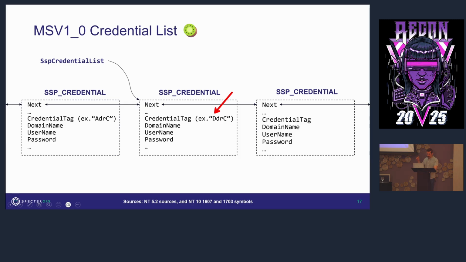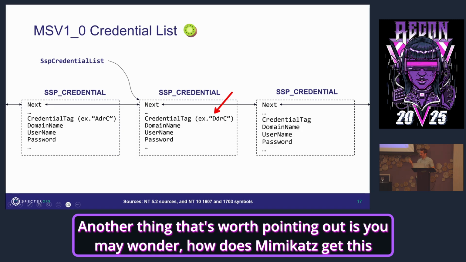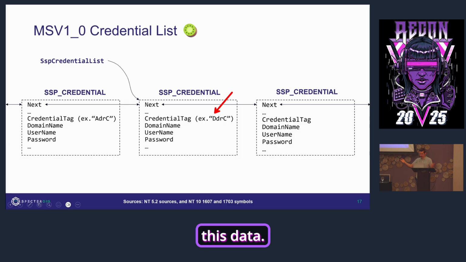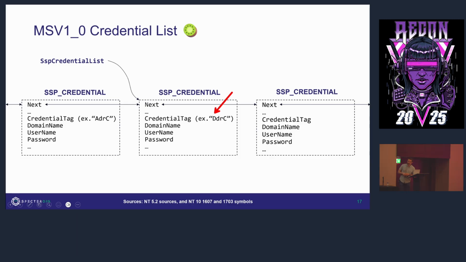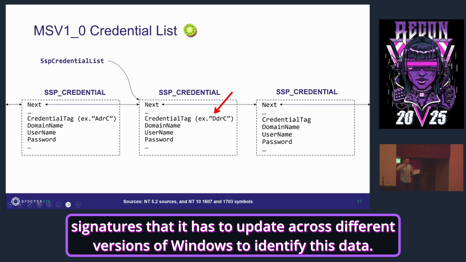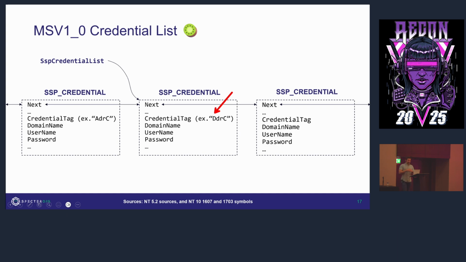You may wonder, how does Mimikatz get this data? I just mentioned there's a global variable you can get from public symbols to enumerate this data. Is that what Mimikatz does? No. If you look through the Mimikatz source code, you'll notice that most of Mimikatz uses byte signatures that it has to update across different versions of Windows to identify this data.